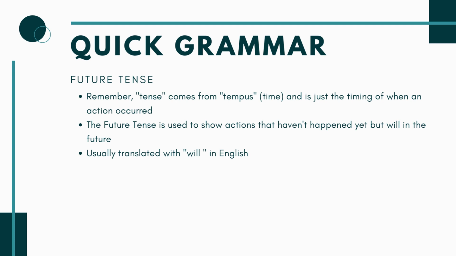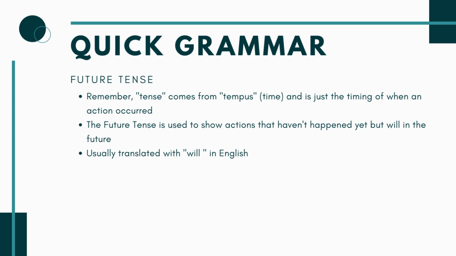Remember we said the word tense comes from tempus, which means time. So all we're doing is changing the timing of when something happened. So for the first 18 or whatever it was chapters, we're living in present tense. Things were happening right now in the moment. Last chapter, we talked about imperfect tense, things that were happening in the past. And now we're coming to future tense, things that haven't happened yet. So they're talking about events that will happen. They just haven't happened yet.